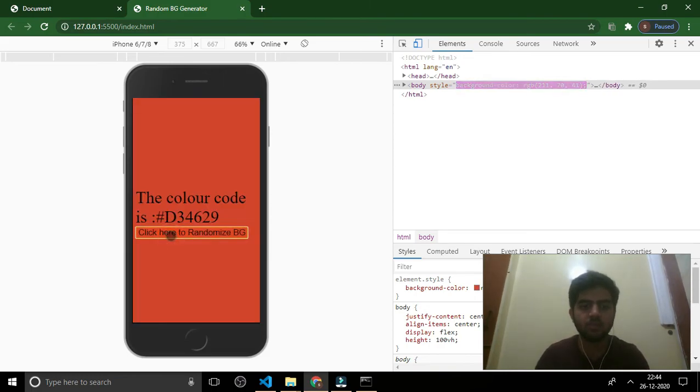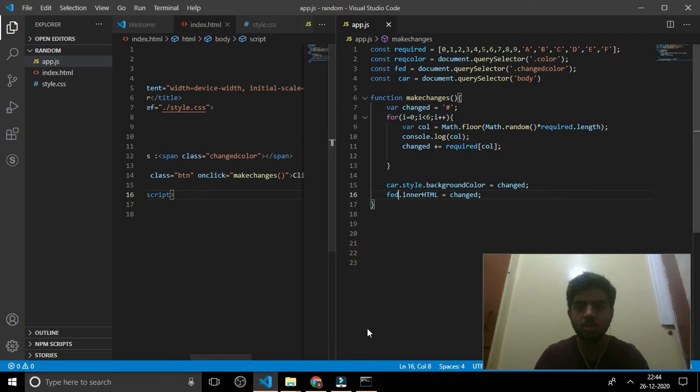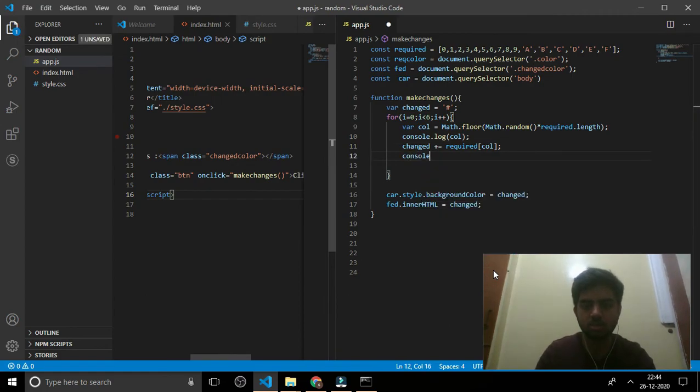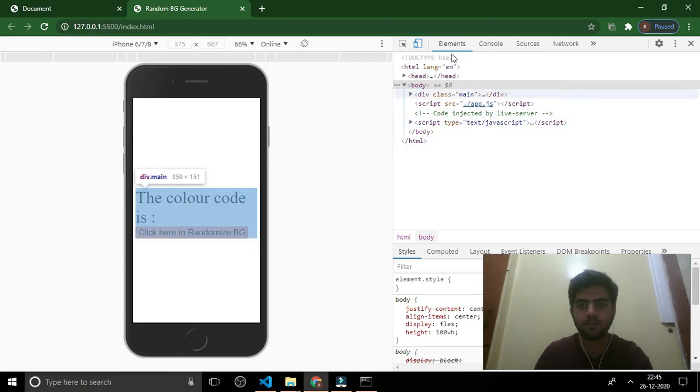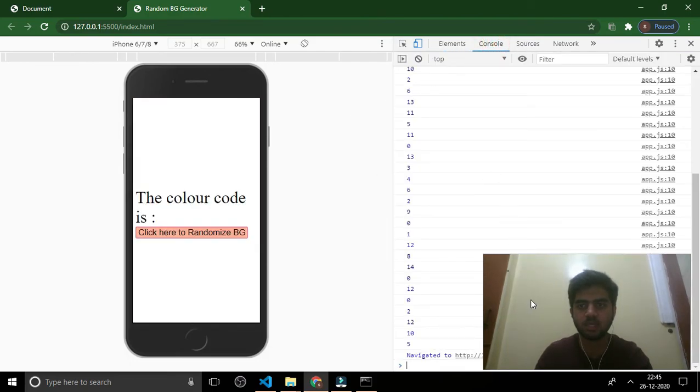When you click the button, the color also appears with its native code. Okay, I'll also console.log changed. Okay, let's see.